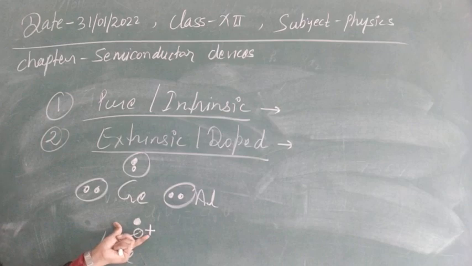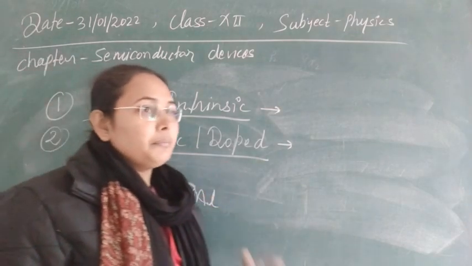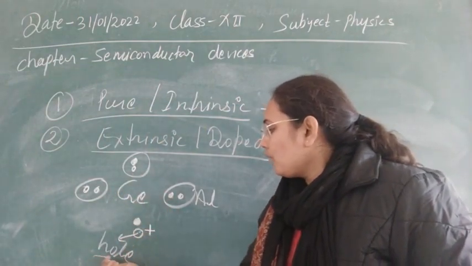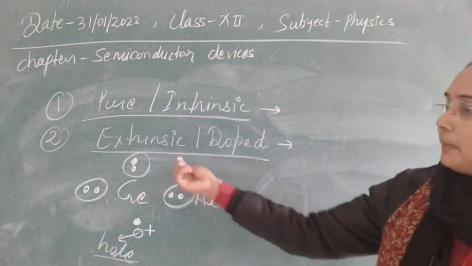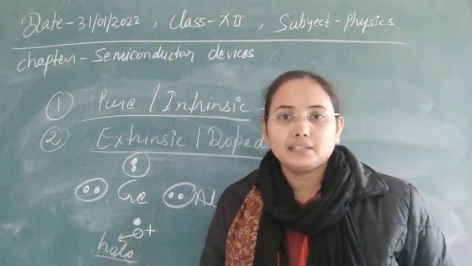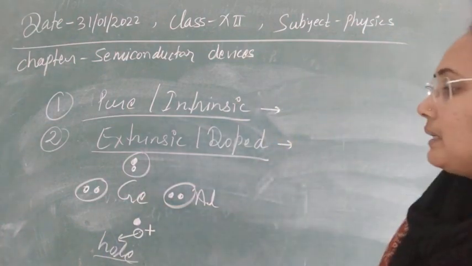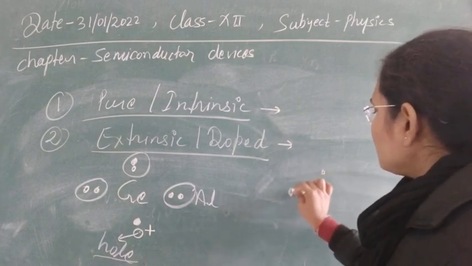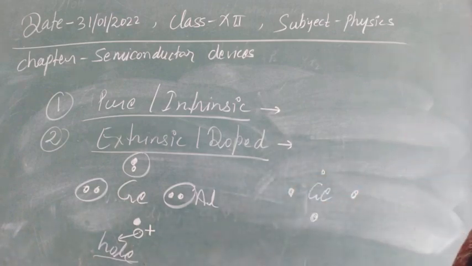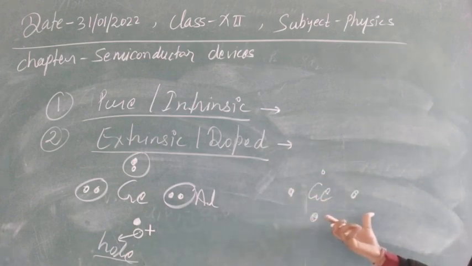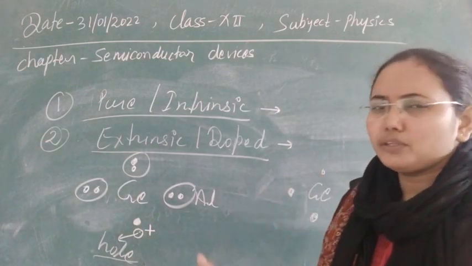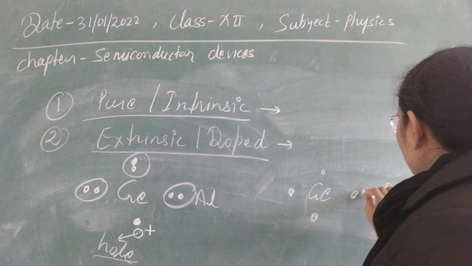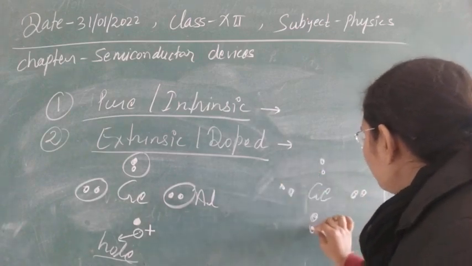Now the first kind of charge carrier, produced by mixing an impurity of the third group into a fourth group element, is known as a hole, and this material is known as p-type semiconductor material. The second type of semiconductor material and charge carrier can be produced when we mix an impurity of the fifth group. Again, taking germanium as the example, we have 4 electrons in the germanium, and if we use a fifth group element as an impurity, suppose phosphorus is used here,